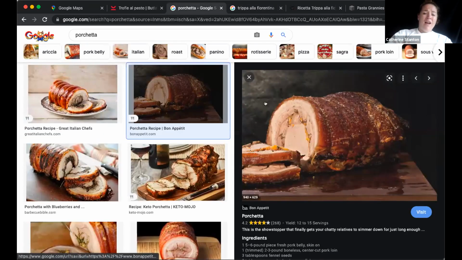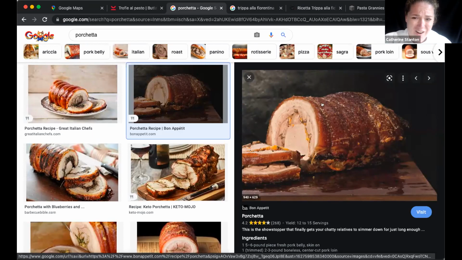Porchetta, you probably heard a lot about. This is going to have one of your major cuts here, with crispy, beautiful pork skin on the outside, crunchy, delicious. You're going to take that, it's pretty much your belly and everything else going in there, seasoned up. Your most basic are just going to have some garlic, olive oil, salt, pepper, not a ton of filler. Obviously, some are going to have a little more herbs placed in, rolled up, slow cooked, and then crunchy and delicious.